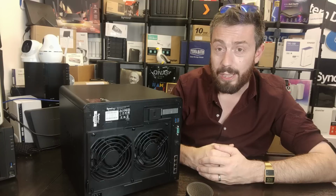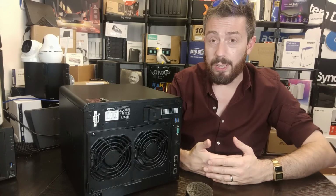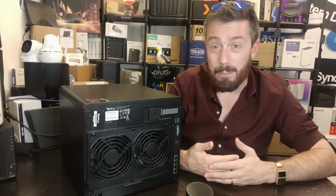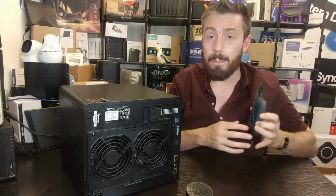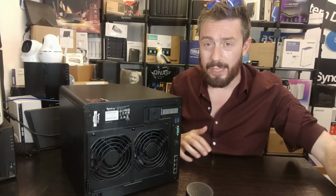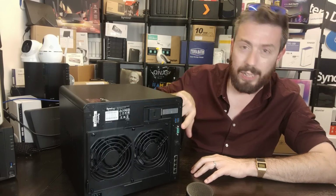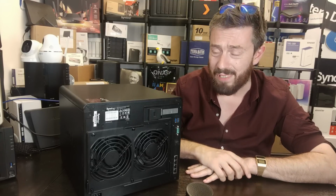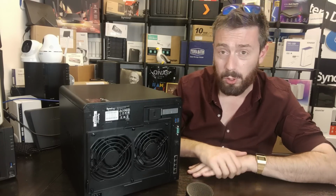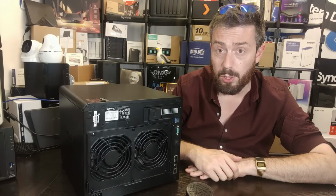And this one with its 5 gigabits per second connection means even if you use an external SSD, you're never going to exceed 450, maybe 500 megs at the top end. And also, given that this is a 12-bay system, that is a huge amount of throughput and data. Now, if you are connecting an external drive to this, whether you're backing up one way or the other, that's going to be quite a limiting bottlenecking factor there in the middle,